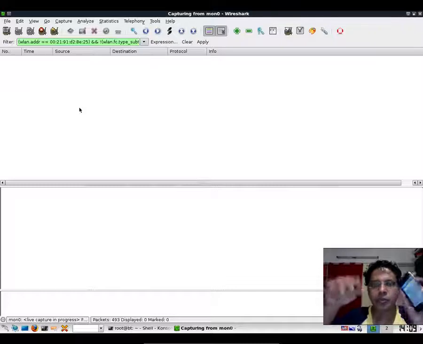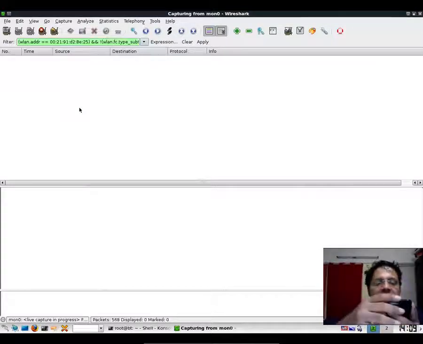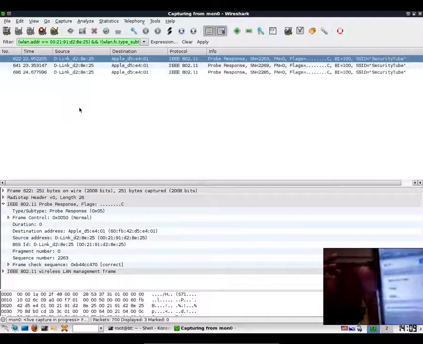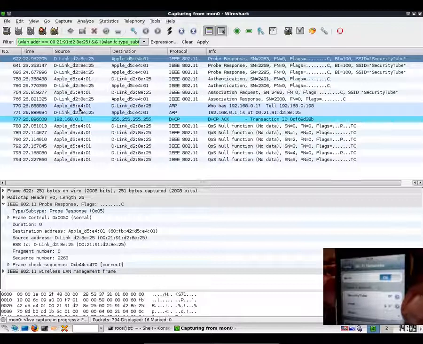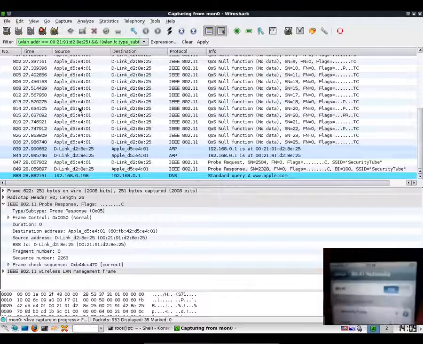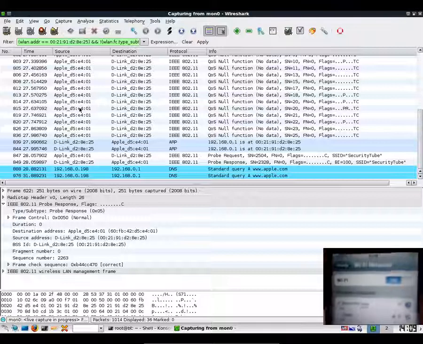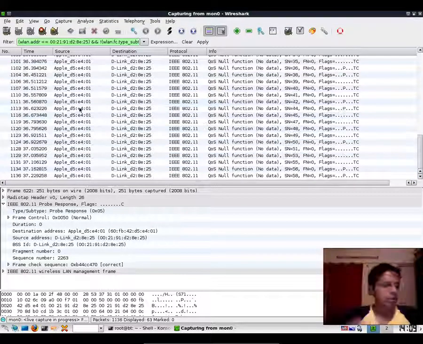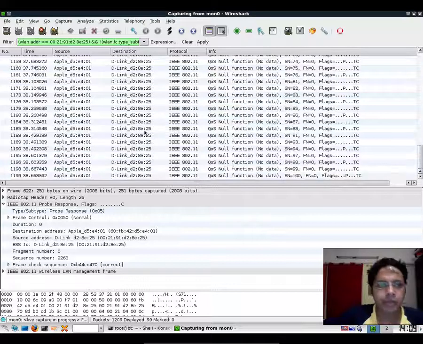It's just much faster than booting another laptop in the middle of the night. All I do is switch it on. I have already connected to security tube previously, so you'll notice on my iPhone the connection to security tube has happened. Let's get back to the packet trace.